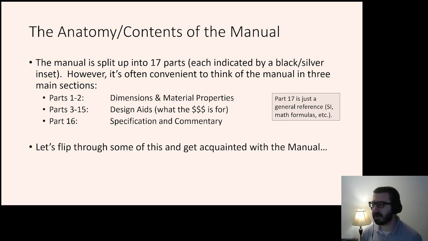There's just a lot of tables and references, and you kind of start wondering, where do you begin? Okay, so let's talk a little bit about the anatomy. First off, the manual is broken up into a series of parts. If you could see me here on the camera, if you look at the